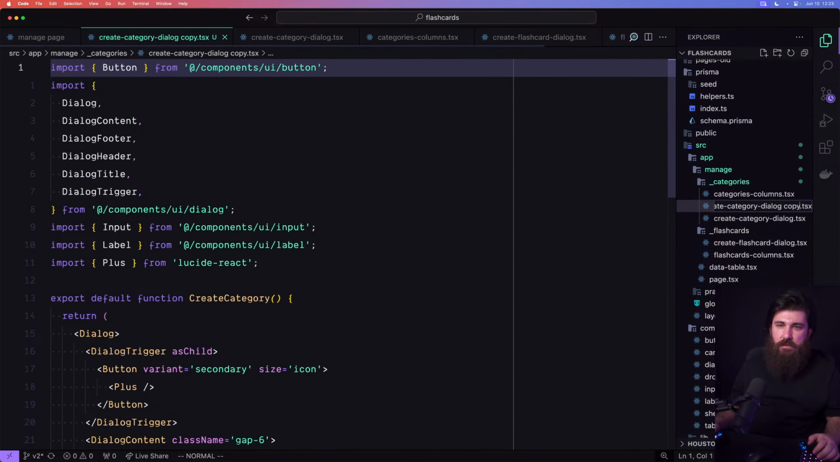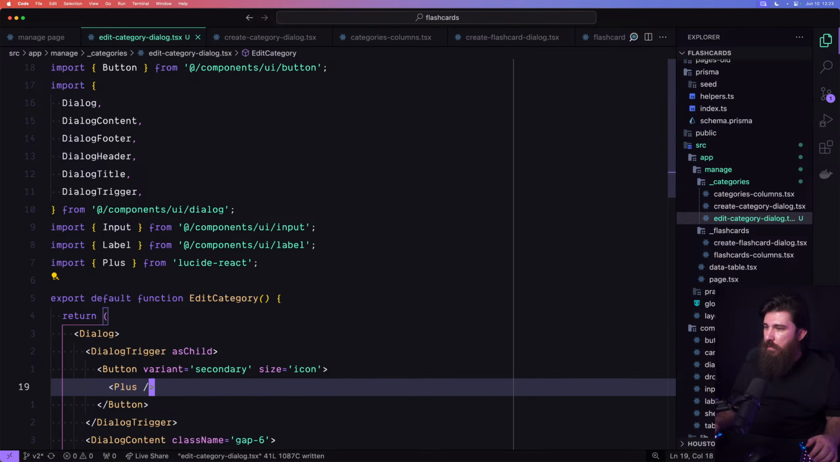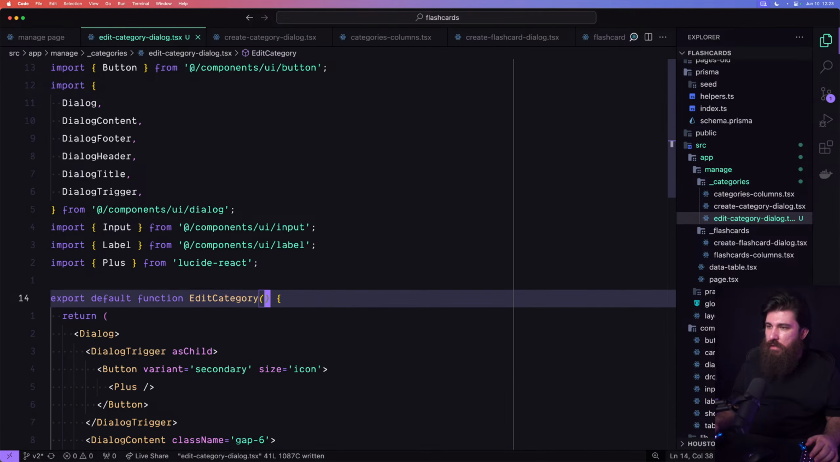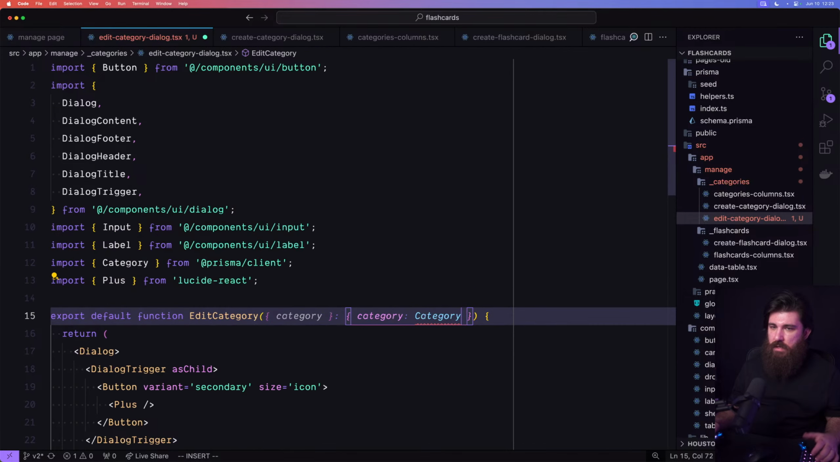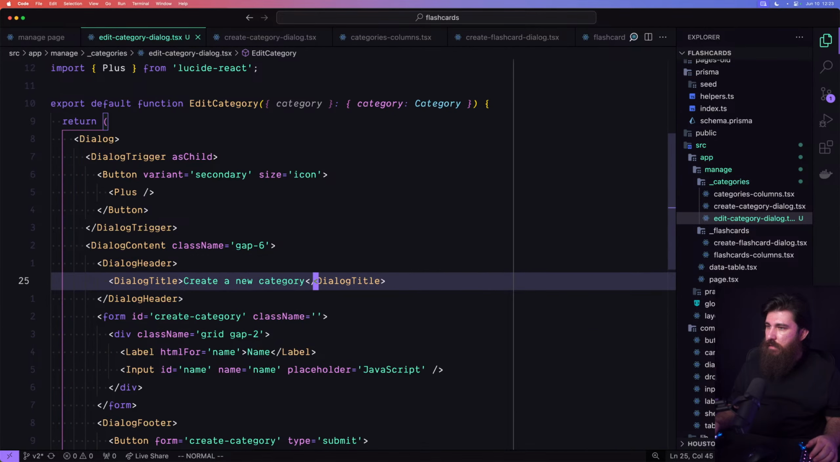And I like to keep things separate. Edit category dialog. Edit category. This one will receive a prop. That prop is going to be category. And we're going to bring in this type from the Prisma client. And instead of create a new category, it's going to be edit. And then we'll do